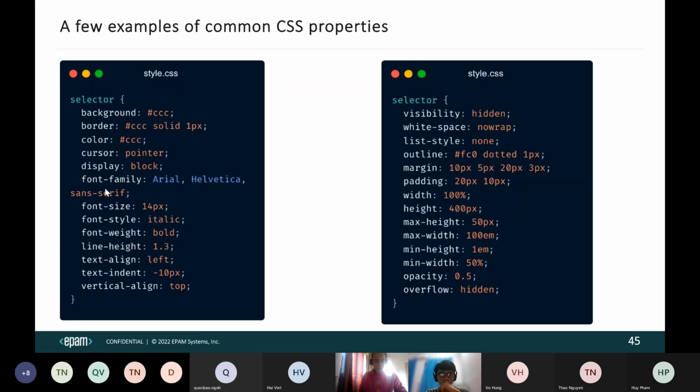We can add different font styling properties, such as font size, font style, etc. And we can align our text horizontally and vertically. And also we can change its visibility,